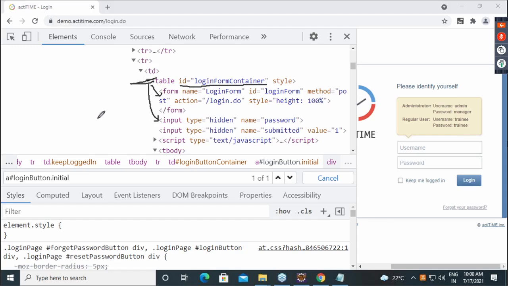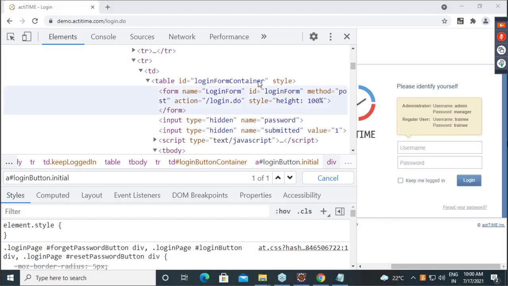Are you understanding my point? Can I say I am doing forward level traversing, from parent to child? If this form has one more child, then we can go one more step inside. Are you getting my point, everyone? So now, how to do forward traversing in CSS? That we will see now. Clear?